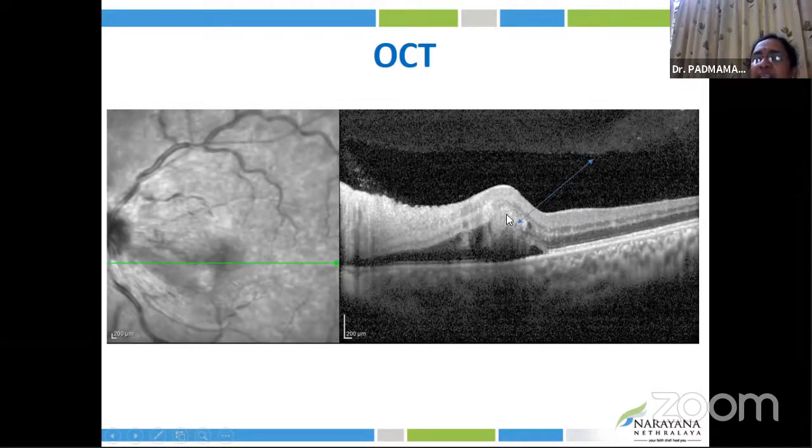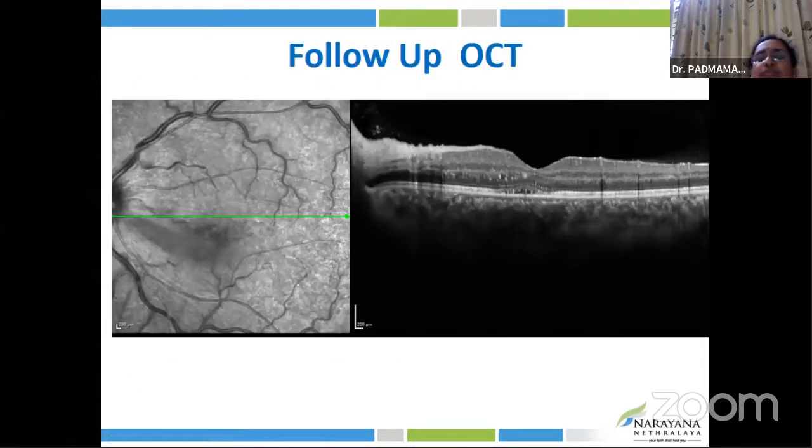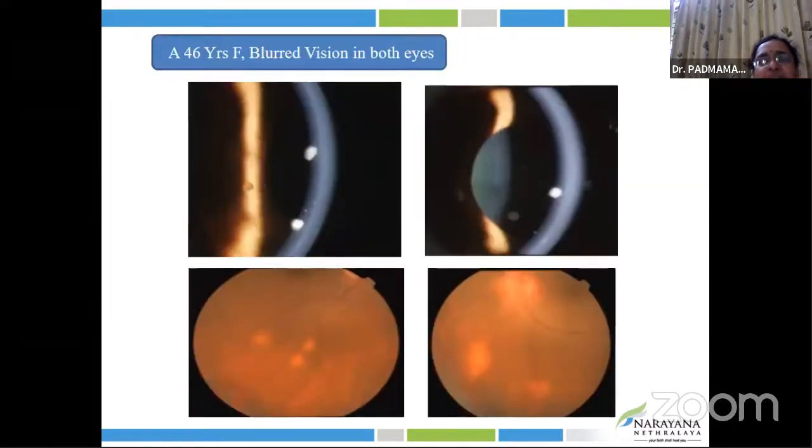This particular pattern is suggestive of foveolitis. Based on this morphology, we did suspect dengue in this case. On investigations, the dengue IgG antibody was positive, along with increased serum homocysteine level and vitamin B12 deficiency. So the patient was put on systemic steroids along with corrective measures and folic acid supplements for hyperhomocysteinemia, following which we could see the resolving macular edema in this case. Yes, multimodal imaging helps us to pinpoint the probable differential diagnosis to investigate according to the findings.